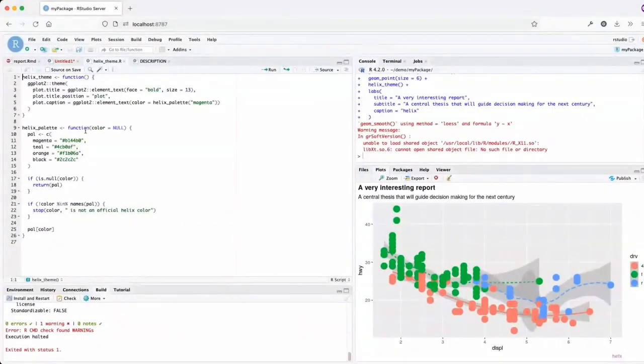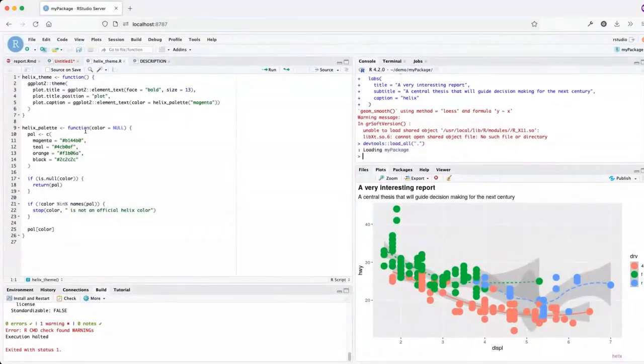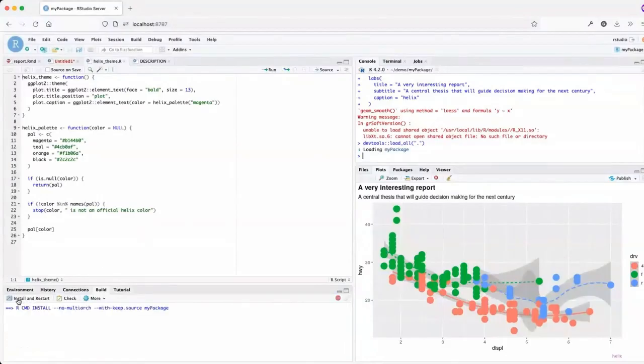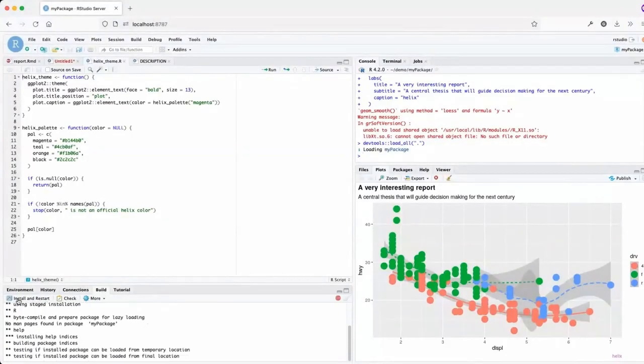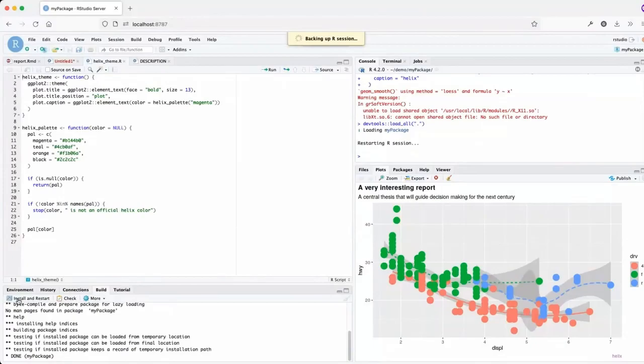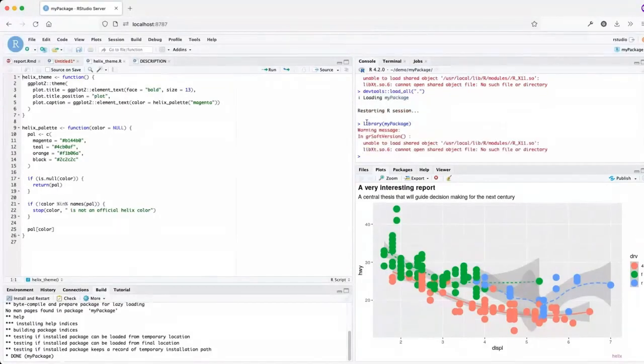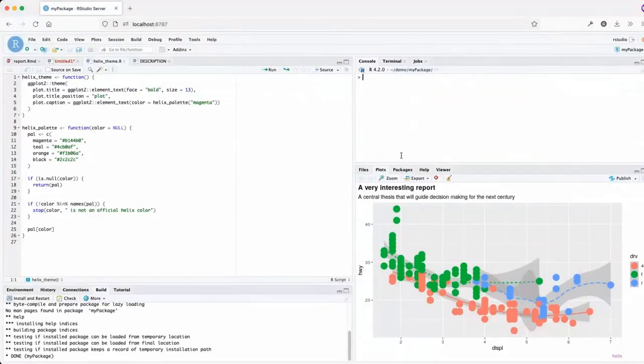Yeah, absolutely. So the last little bit is just that. These functions are available to me if I am using load package. But at this point, if I were to install the package, which will just take one second, what's nice about this is RStudio will build the package for you. It will install it, and once you're all done and everything has worked, it'll say library my package, so it'll attach your package for you. And just ignore this message. I don't really know where that's coming from.